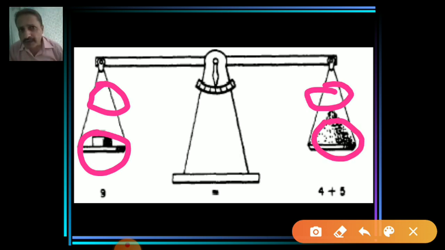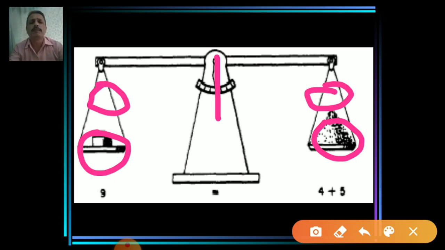And how will you purchase the things? Yes, when the balance is showing at the middle and both pans are equal, otherwise one is up and one is down, moving like this. When it becomes equal, then and only then will the businessman give us the things.